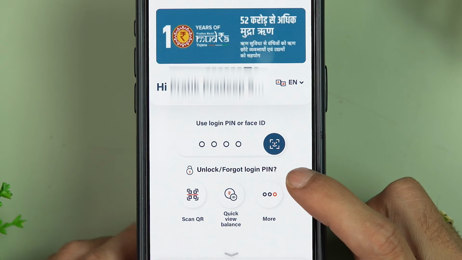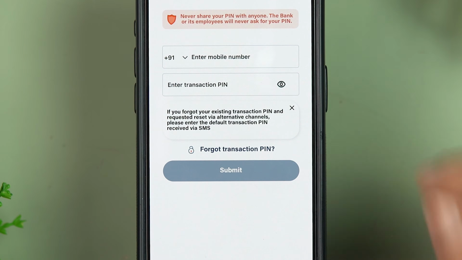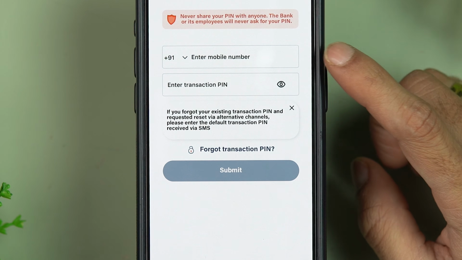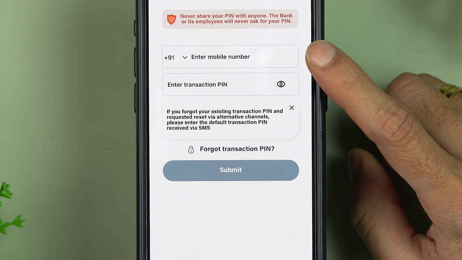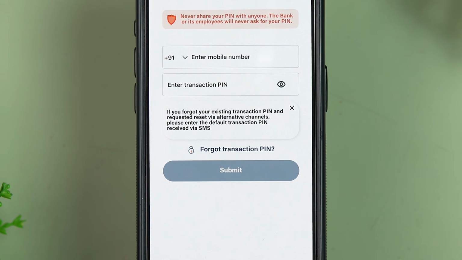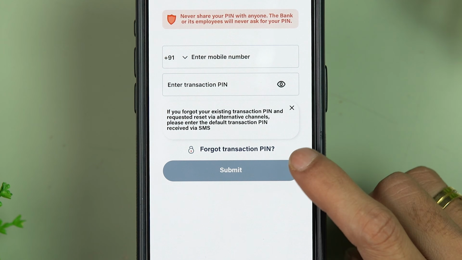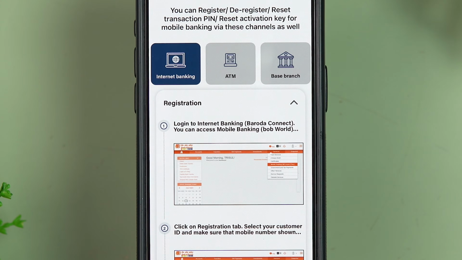So if you don't remember it, you have the forgot login pin option over here. So simply select that option. On the next page, you have to enter your registered mobile number. Once you enter the registered mobile number, next you have to enter your transaction pin. Now without the transaction pin, you cannot change or reset your login pin. Now if you don't remember your transaction pin, you can just simply tap on the forgot transaction pin option over here,